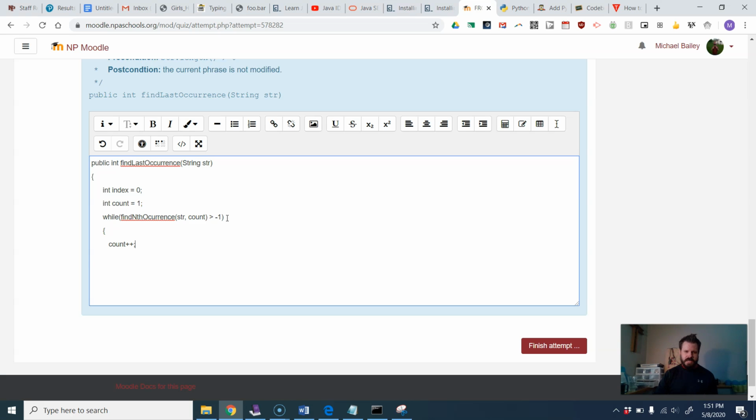And then what else do I need to do? I want to return an index. So yep, I'm going to need to reset this index. We'll say index equals find nth occurrence. I spelled that completely wrong. I'm going to lose the B. That just looks bad. I spelled it completely wrong. I'm going to leave it. I'm not worried about spelling here. Okay. Of stir comma space count